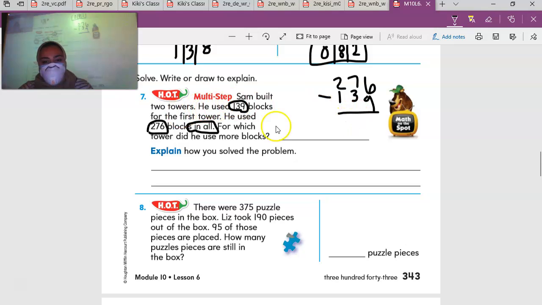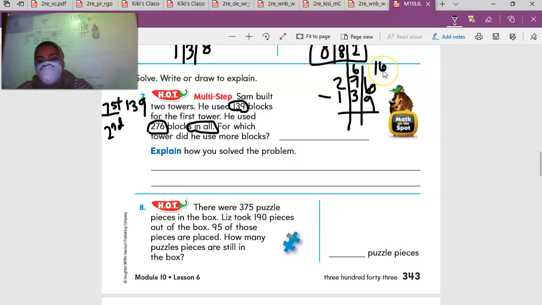So we have to write out what we already know. He used 139 blocks for the first tower. And we know the second, he used, we don't know yet. We're going to find that out right now. So 6 take away 9. Can we do that? No, you have to borrow. 7 becomes a 6, and 6 becomes a 16. 16 take away 9